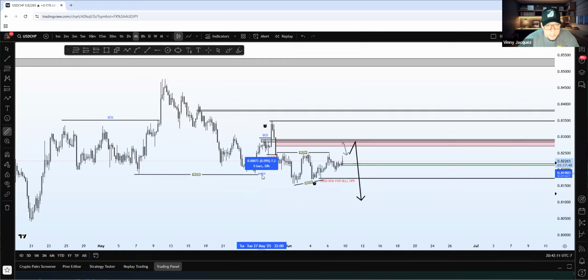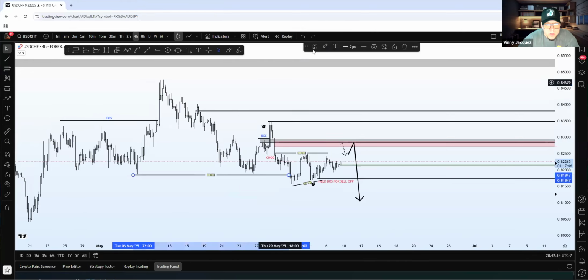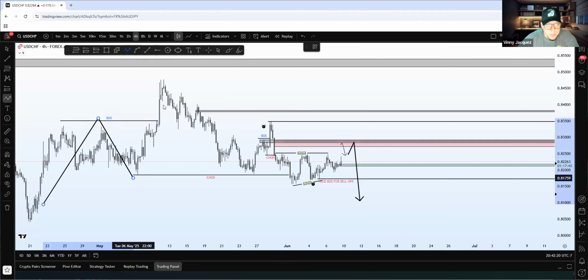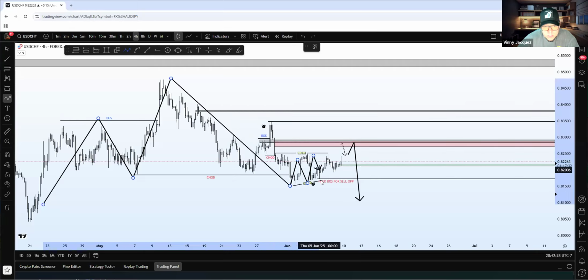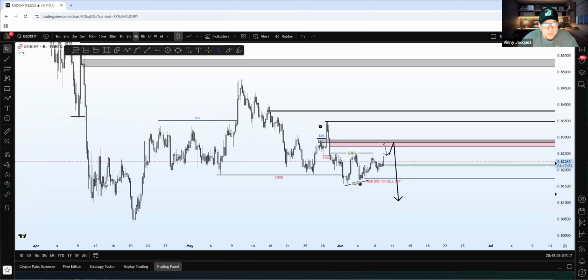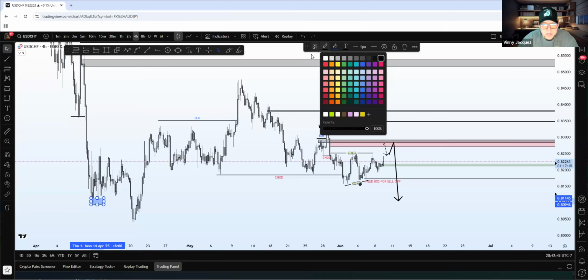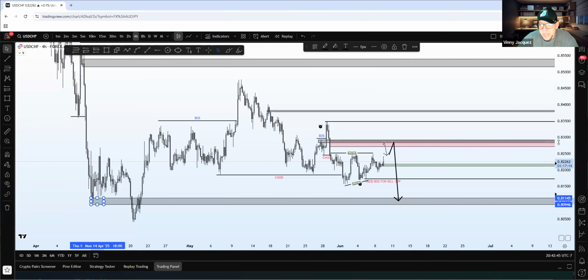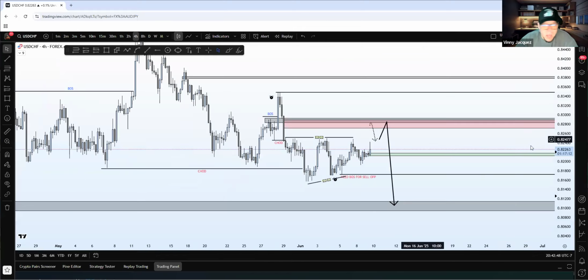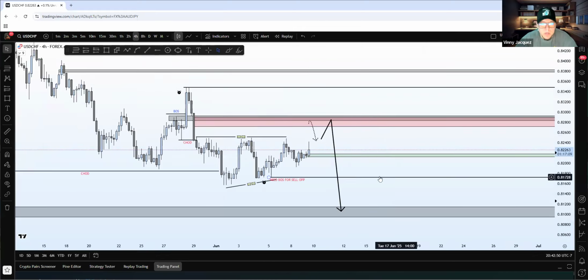Guys, this is my change of direction line right here. Notice how we have a massive head and shoulder, right? Shoulder, head, change of direction. Guys, notice this change of direction is holding consolidation. So we have a sell opportunity aligned with a big sell opportunity. So I'm definitely going to be looking for sells, right? Now, again, I would like to see the market give us at least down here, and then we can go ahead and just exit our trades and wait for new positions. I'm taking my pips and I'm running. I'm taking my money and I'm dipping, you know?